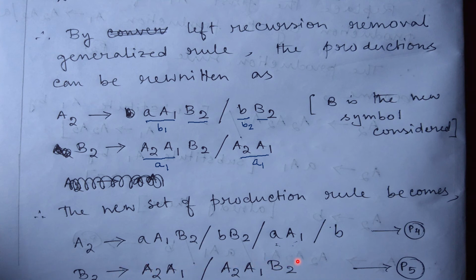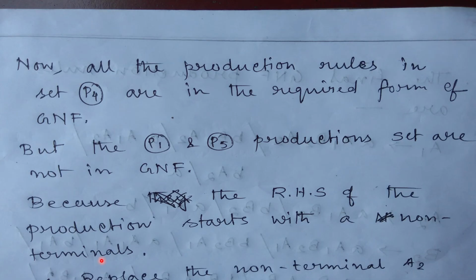Okay, fine. So you see, in this true production rule, at least one thing is sure, there is no left recursion. That is true. But the problem is that this B2 is not in the proper form, like Ai can be written as Aj, where i is less than j. I'm sorry, this is correct, right? This is correct, because for B2, 2 should be greater than or equal to 2. You see.